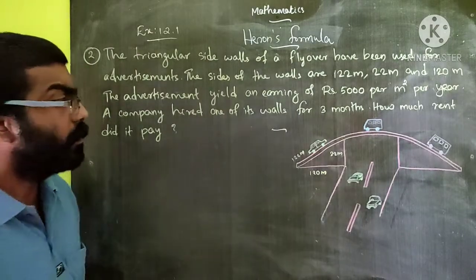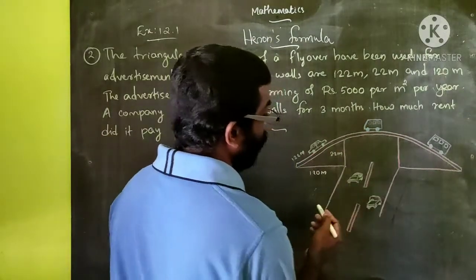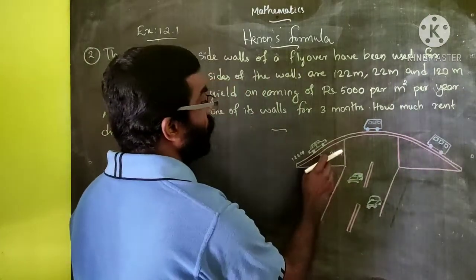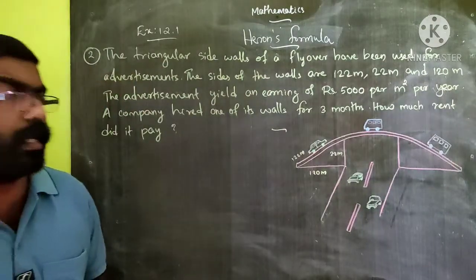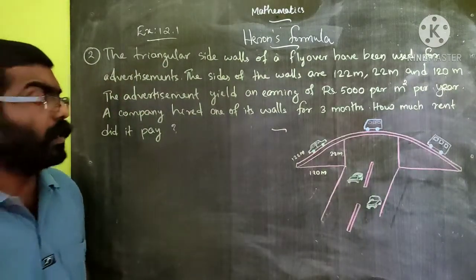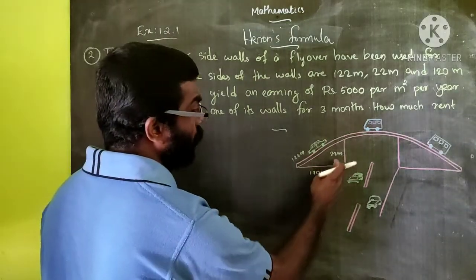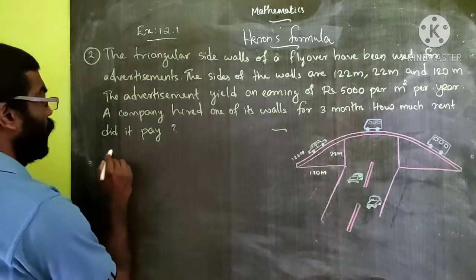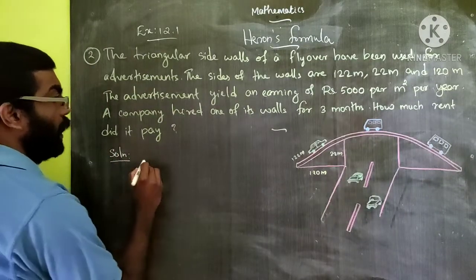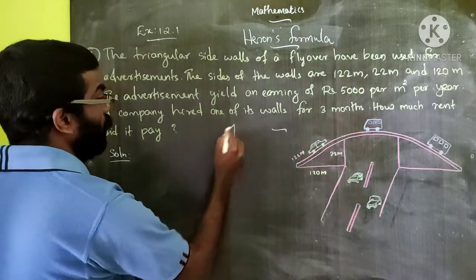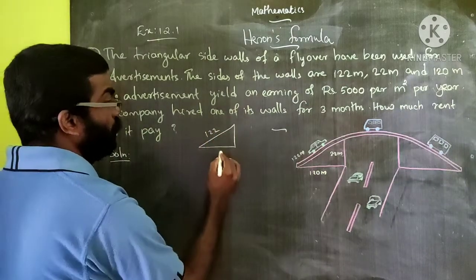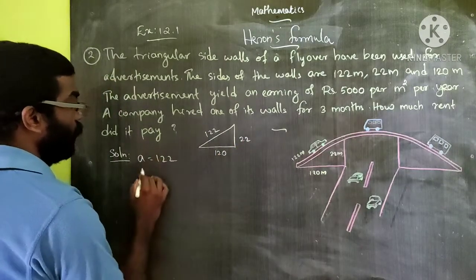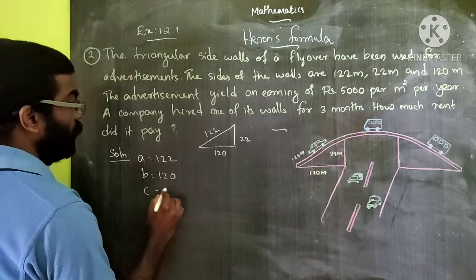So just look at the figure. Here you can see one flyover and the two parts, triangular shaped portions. One of the portions is hired by a company for advertisement. The dimensions are given: 120 meter, 22 meter, 122 meter. Just take the triangular portion only. You can take the sides of the triangle as A, B, C. Here 122, 120, 22. So A is equal to 122, B is equal to 120 and C is equal to